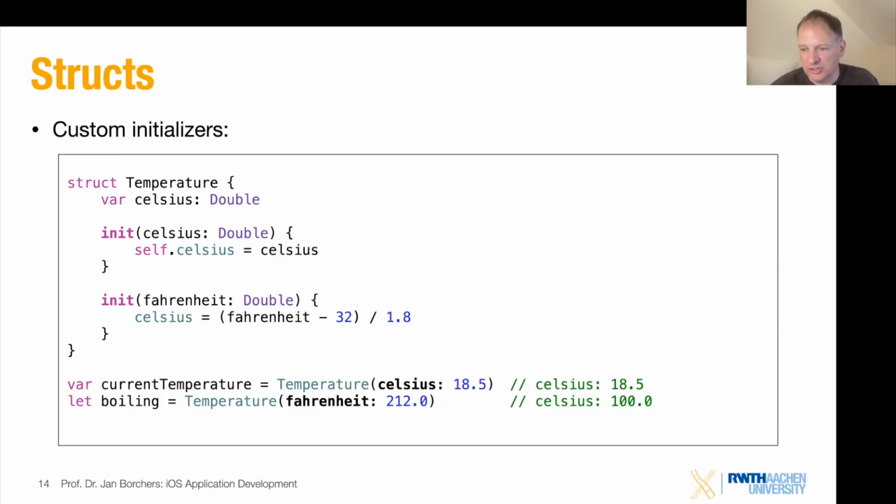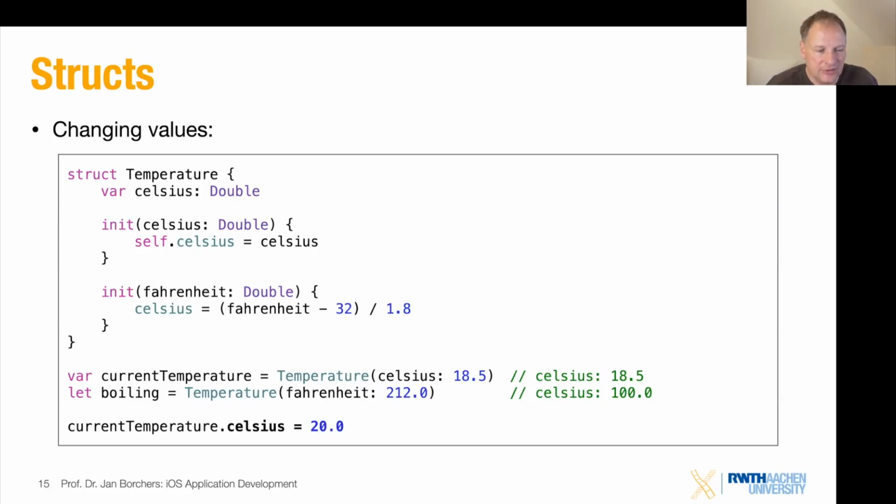Now, what are we changing? Well, here's the next line of this code. After creating this variable of type temperature, we can then go in and change its member variable .Celsius to be something else. So here we change the temperature by changing the property. These member variables are often called properties, by changing it directly.